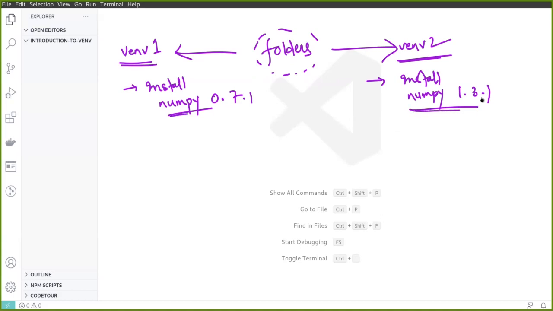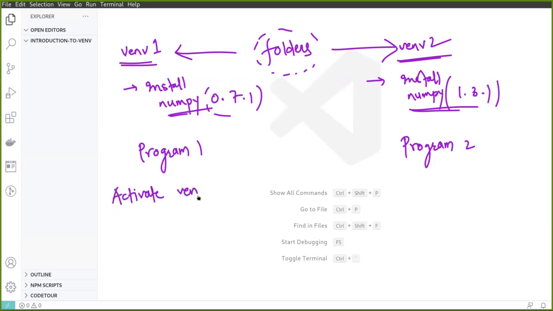Now, if you want to run program 1 and program 2, we know that program 1 requires this version and program 2 requires this version. So what we can do is activate venv1, that is virtual environment 1. Whenever we try to execute this code, it will always use NumPy from this.